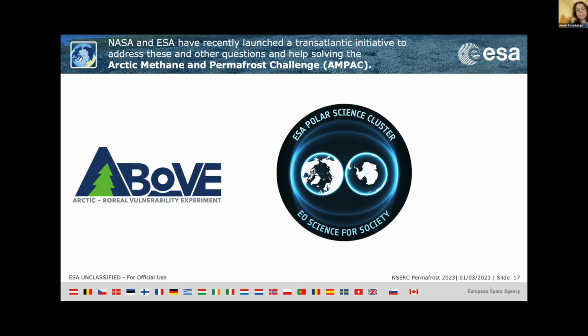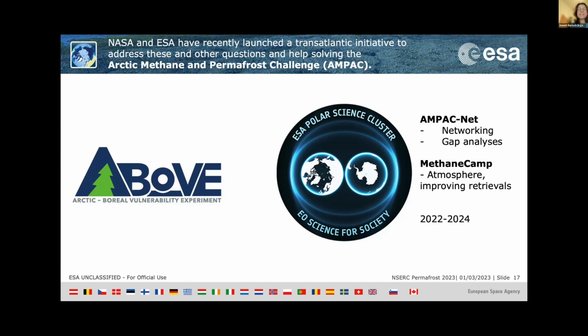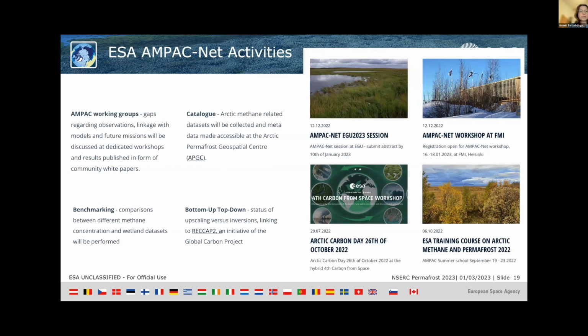Chip Miller is the contact person here, and on the ESA side, ESA has this Polar Science Cluster funding initiative. It mostly focuses on sea ice and glaciers, but now we have a few projects in there also related to permafrost. One is a networking activity where we target gap analysis, and then one project looking into improvements of methane retrieval from satellites over the Arctic. And in this AMPACnet, part of it is the development of a catalog, benchmarking activities, and a lot of networking